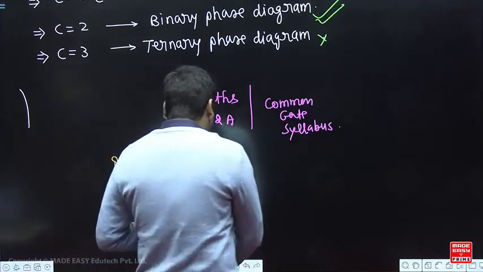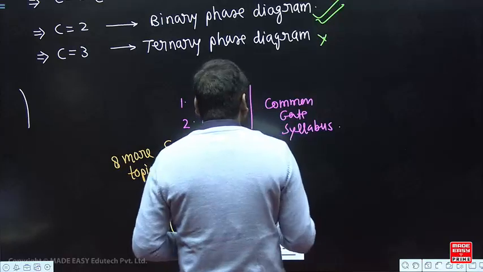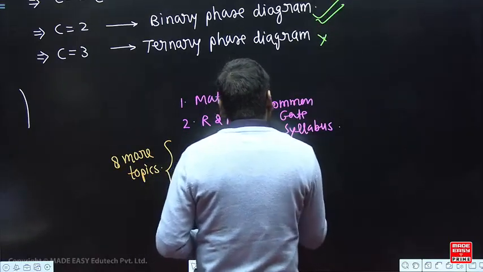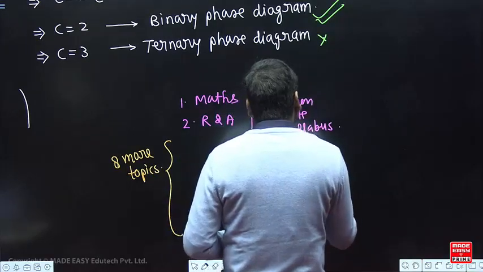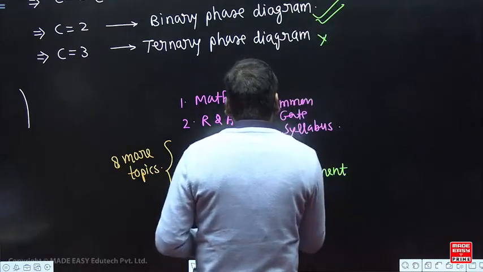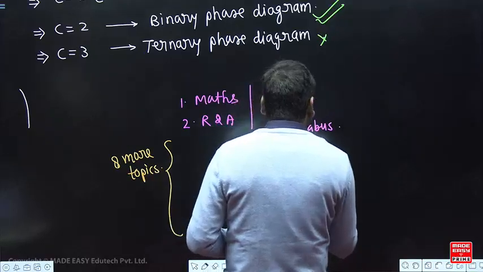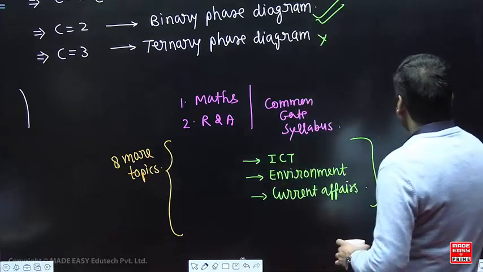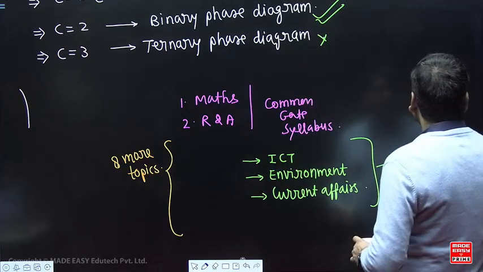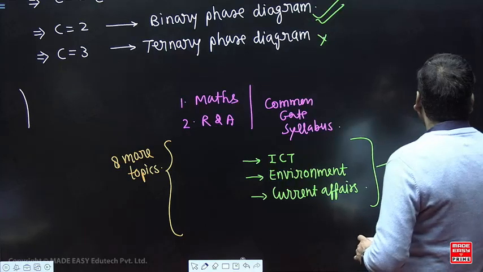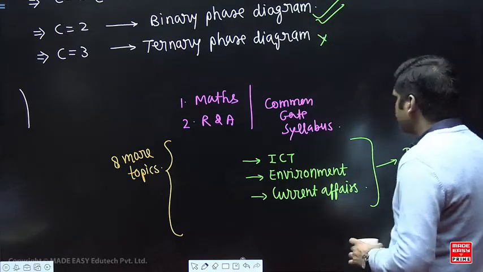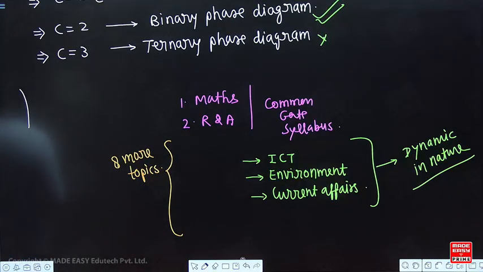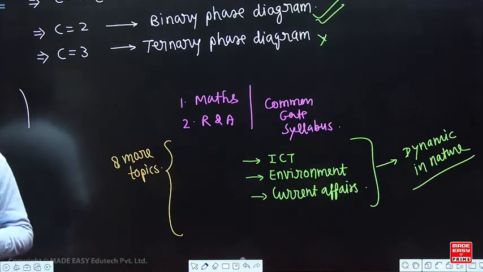आउट ऑफ दीज 8 टॉपिक्स, करंट अफेयर्स से जो जुड़े हैं वो है आईसीटी, एनवायरमेंट और करंट अफेयर्स अपने आप में। दीज 3 आर डायनामिक इन नेचर। हालांकि 100% नहीं, इनके कुछ क्वेश्चन स्टैटिक होते हैं और कुछ क्वेश्चन डायनामिक होते हैं। रिमेनिंग ऑल सब्जेक्ट्स आर स्टैटिक इन नेचर।